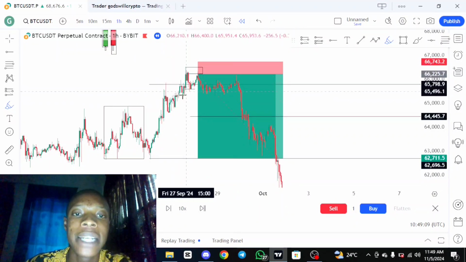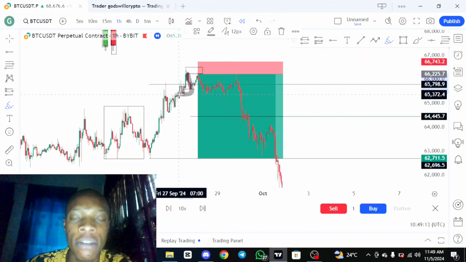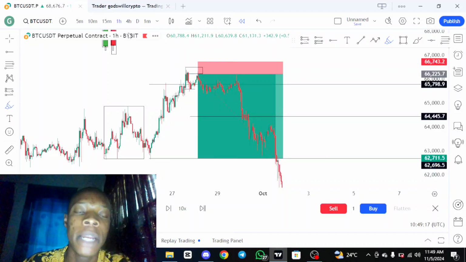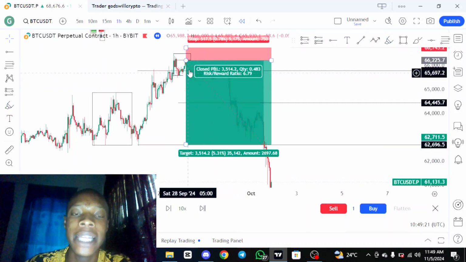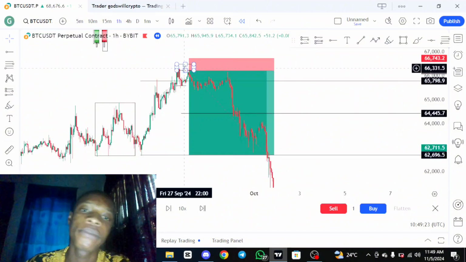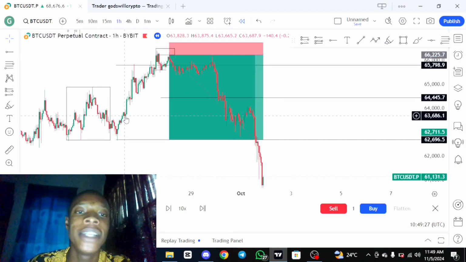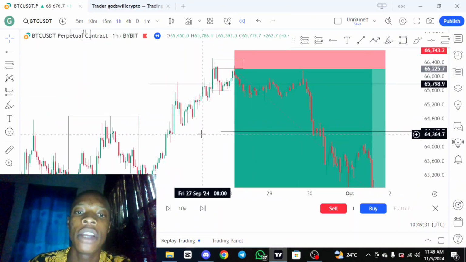So as the price has gone up now to sweep all the liquidity, I wait for a market structure shift. You should know what a market structure shift is, which is on a 15-minute time frame, right? Once the market structure shift has happened, then I take my trade from the next order block. Now to get a perfect trade, I will advise you to trade this at key levels, right? Take this same trade at key levels.